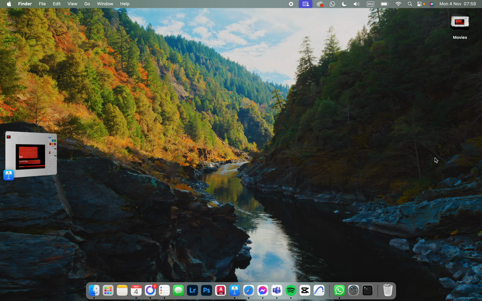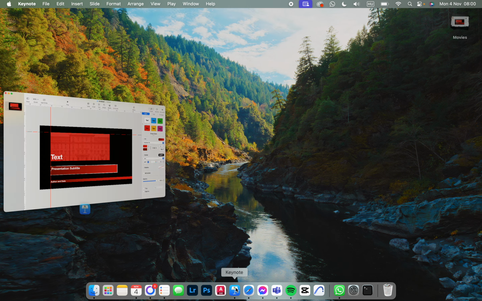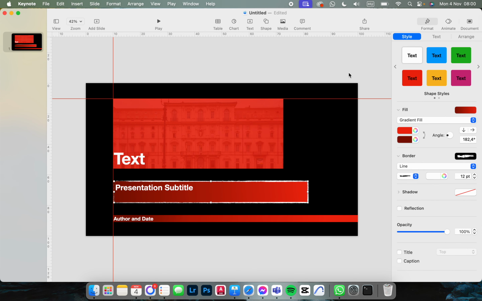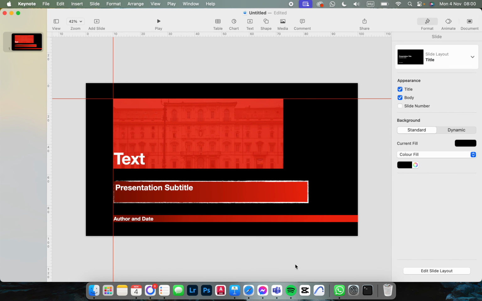I'm going to show you how to add a shadow to a text box in the Keynote app. First, we have to open up the app, and here we already have a document created. From here, we just click on the text box that we want to edit,